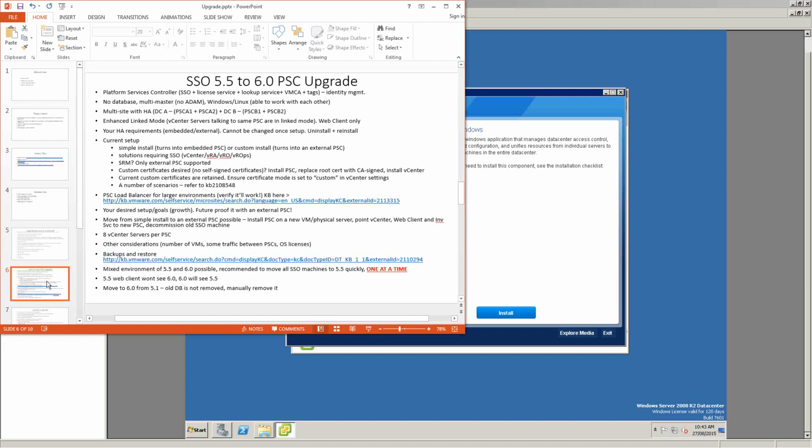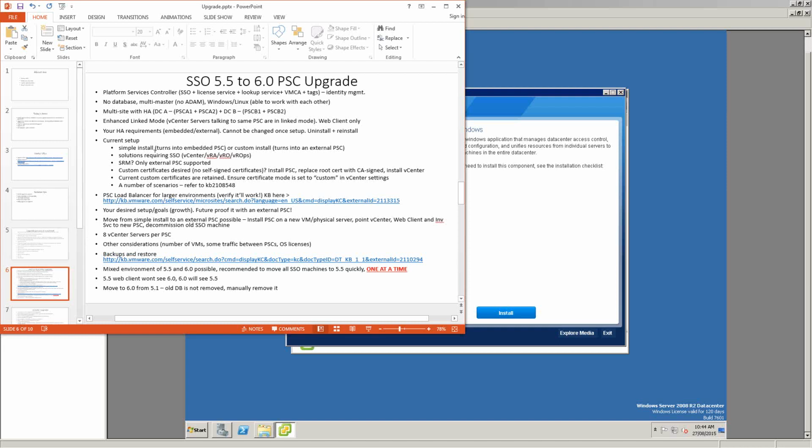And then you install vCenter, and just make sure that you change the certificate mode to custom in vCenter advanced settings. You've got to do this, otherwise if you leave it at default, when you deploy vCenter server and the certificate goes out to all hosts, they won't have their custom certificate anymore. It'll be a VMCA signed certificate. So just make sure that you do this step before you install vCenter server.